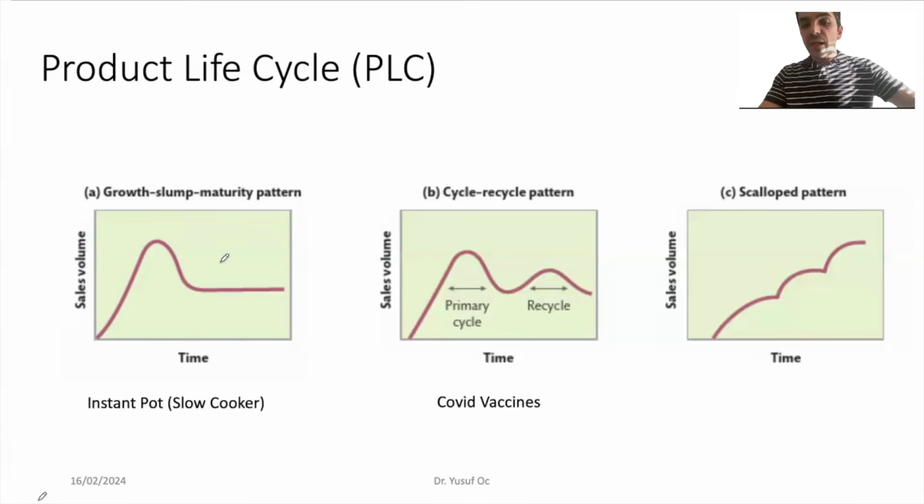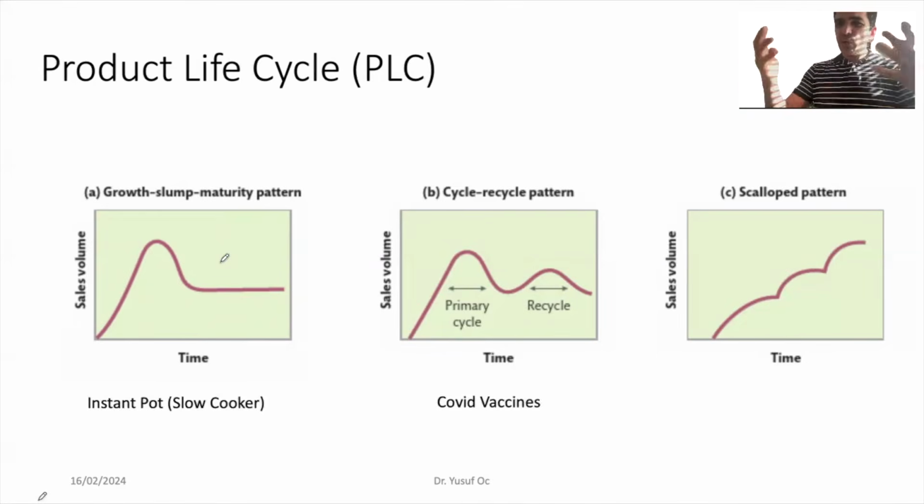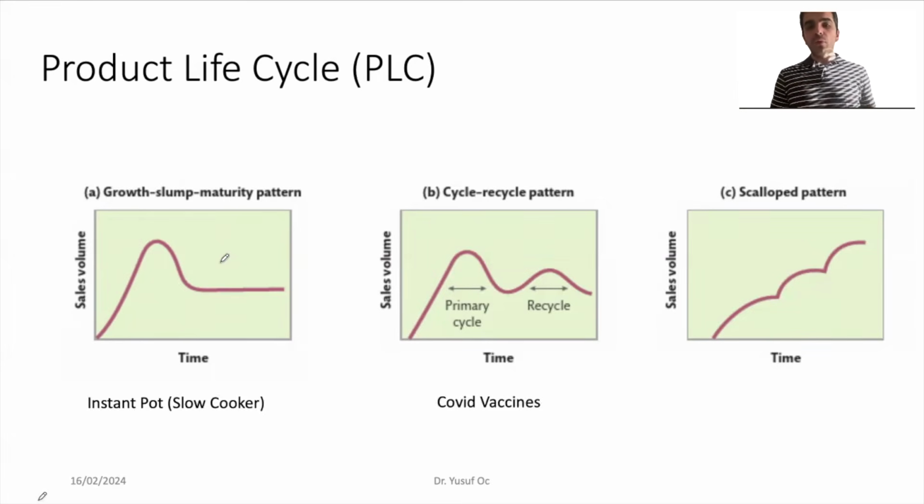And for the recycle pattern, if you remember, or I'm sure we don't want to remember this, but first they introduced the first phase, and many people, actually more than 95% of the population, got the vaccines. And then for the second one, not that much, right? So maybe 70%, 80%, even with all the forcing, even all the rules, etc., still they didn't reach the first cycle, right?